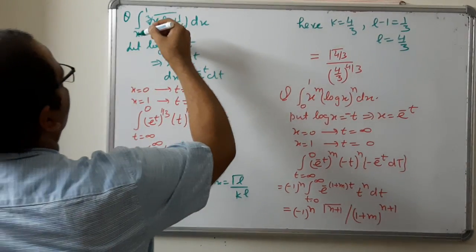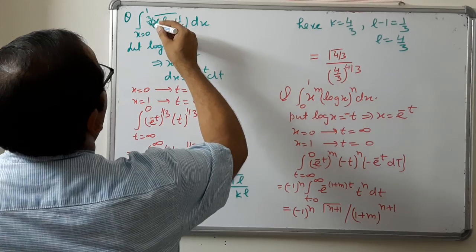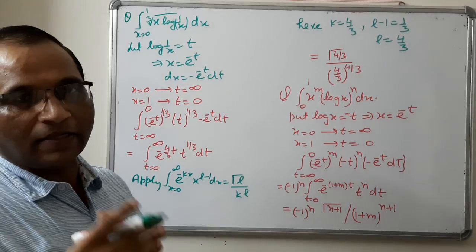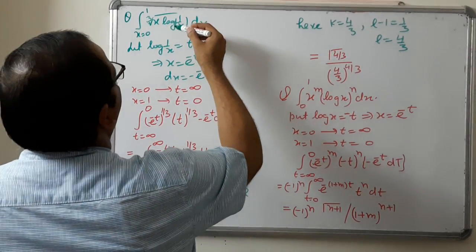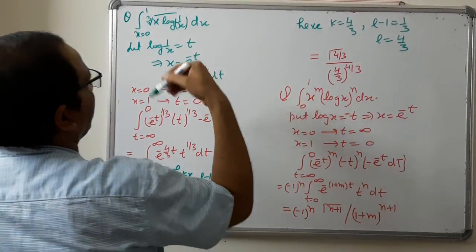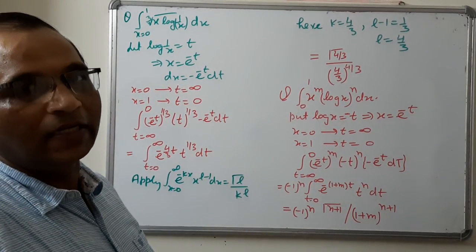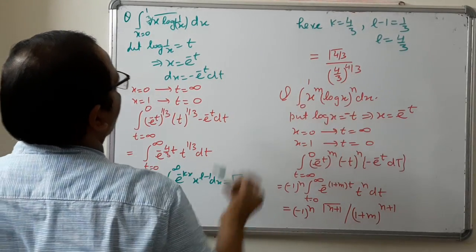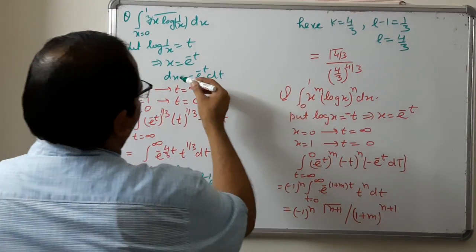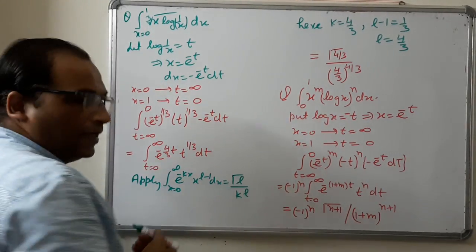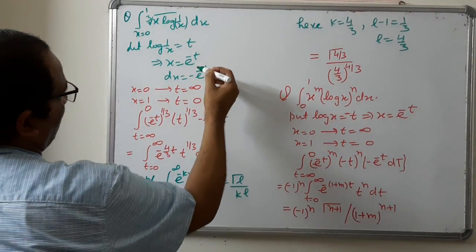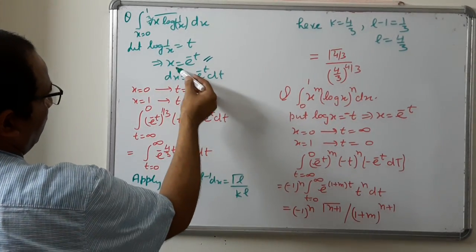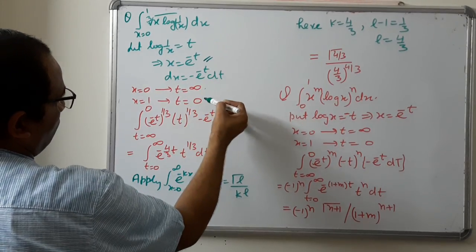Now taking the next question, the integral from x equal to 0 to 1 of cube root of x times log 1 upon x dx. You can see here e to the power minus x is not there, but when we take log 1 upon x equal to t, we can convert this given integration into e to the power minus x. So put log 1 upon x equal to t, x equal to e to the power minus t, right? So dx equal to minus e to the power minus t dt. When we put x equal to 0, x equal to 0 means t equal to infinity, and x equal to 1 means t equal to 0.